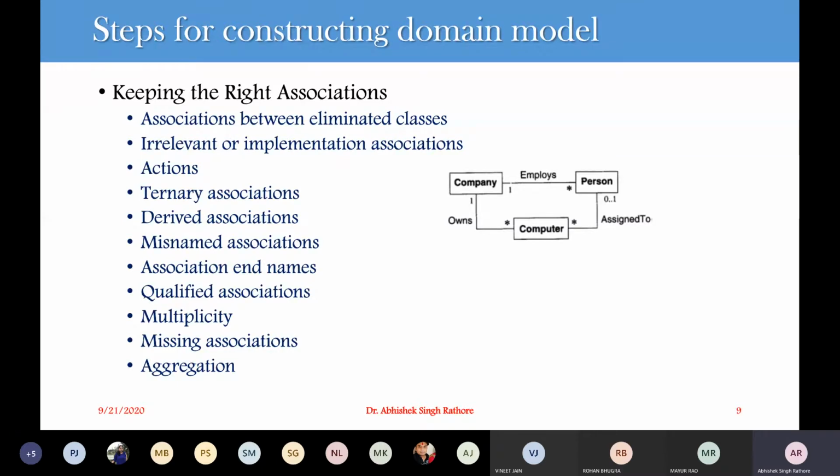So instead of having a ternary relationship, we can rephrase it as a binary association like a company employs a person. So we have a binary relationship that a company employs a person, then we have a salary value. This value is associated with your employee information. So this is how we can rephrase our information into a relationship.